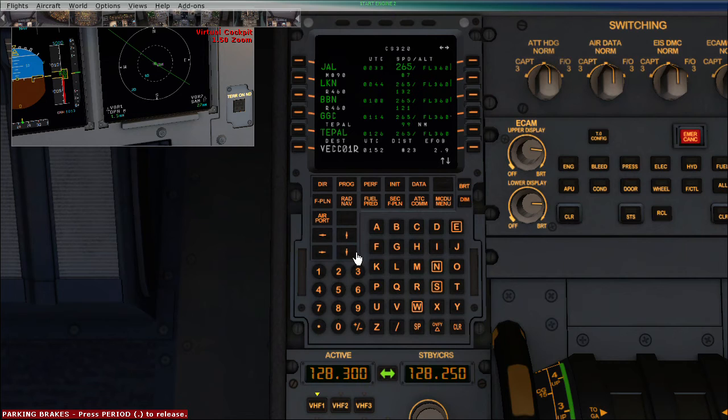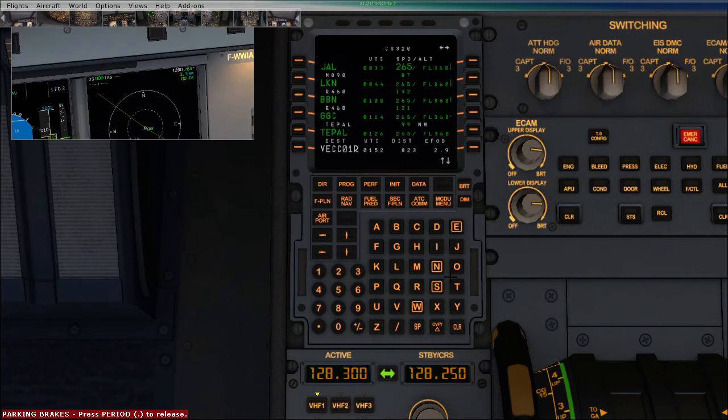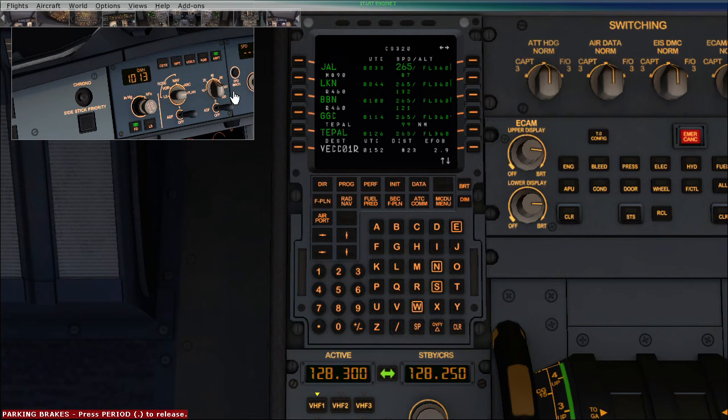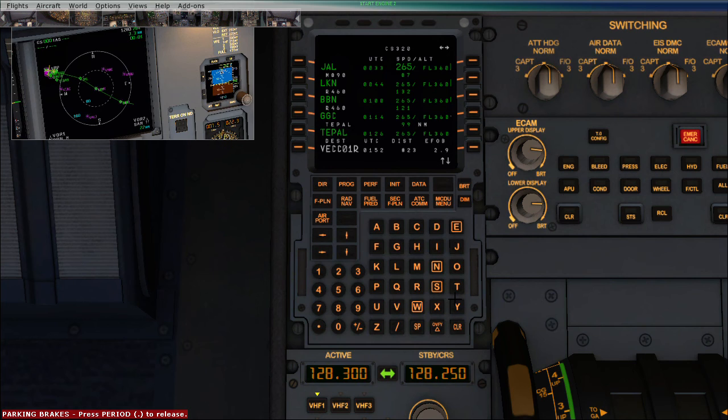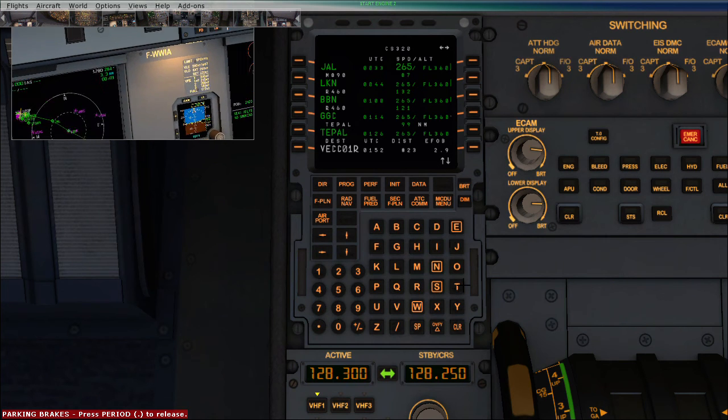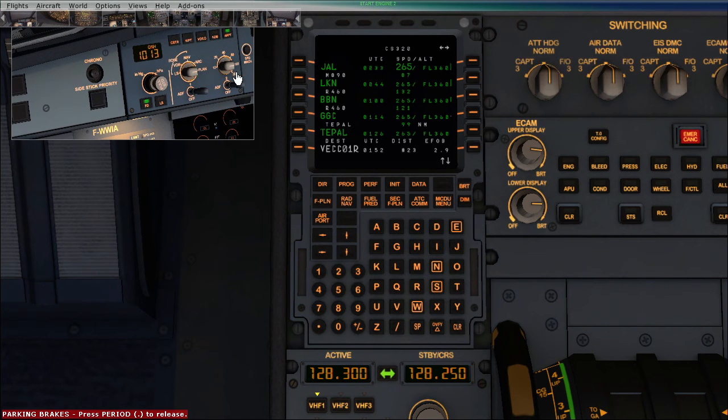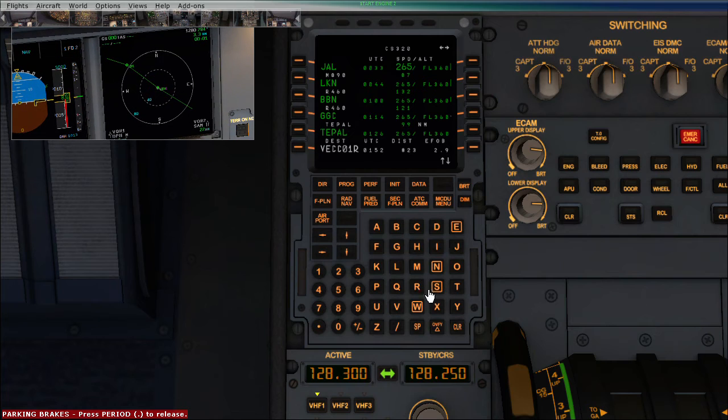So if I go directly to Lima Kilo November, I'll have a shortcut. If I just increase my scale, you can see it good enough, I think. Yeah, I have shortened the scale.